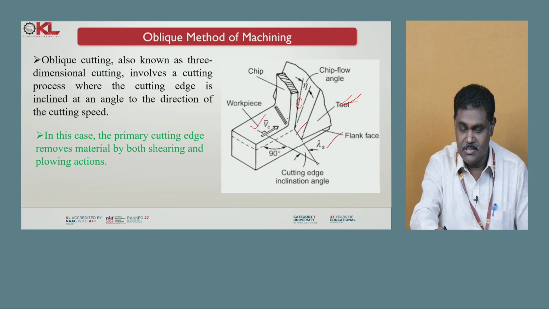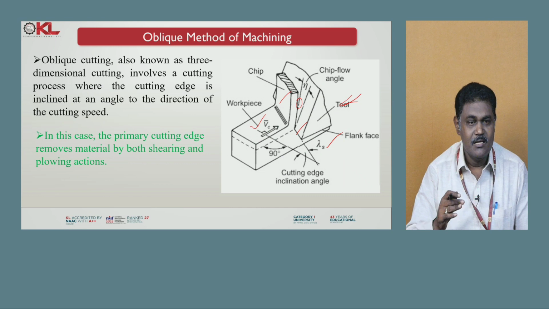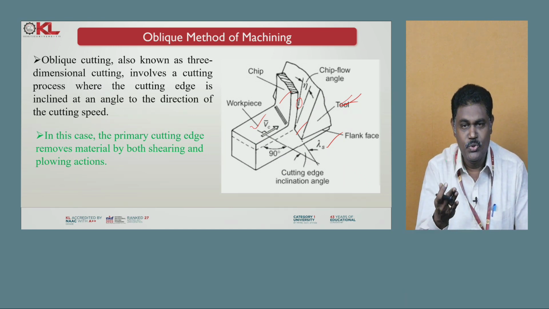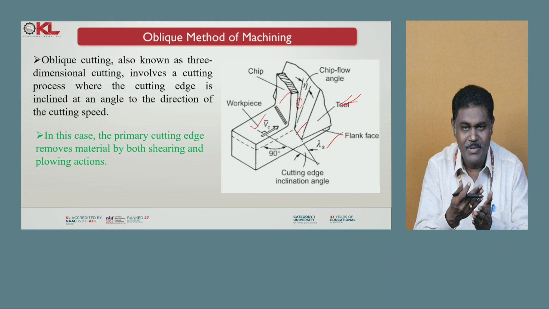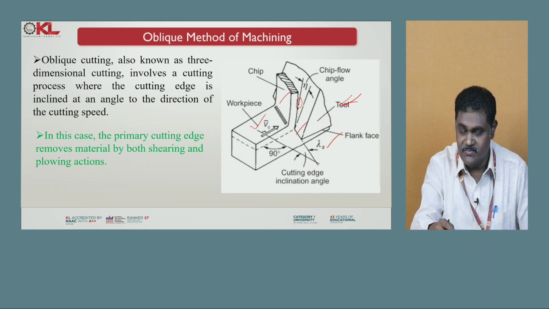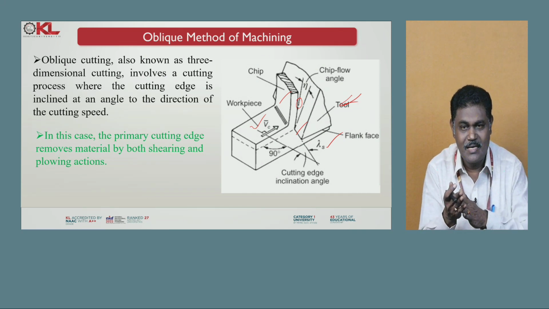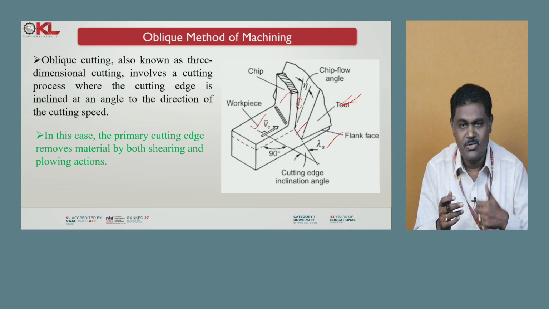Here the material is removed by a combination of shearing and ploughing action. Because of the inclination, the tool will contact the material, and because of these two actions, the material is removed. You can also observe that the entire surface of the chip is not touching the surface of the tool. In that case the frictional losses are very low compared to orthogonal machining, whereas